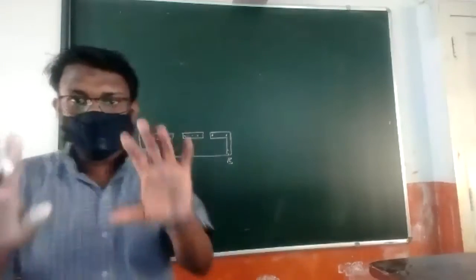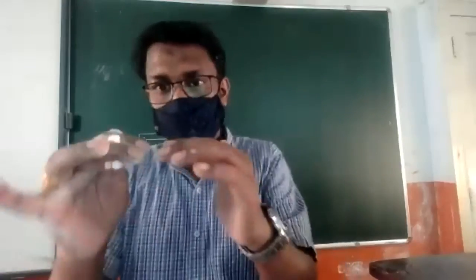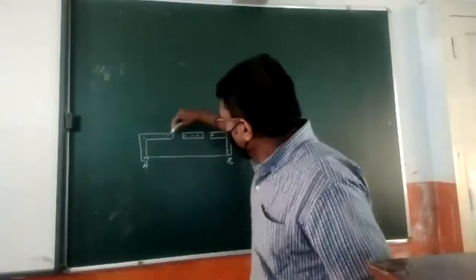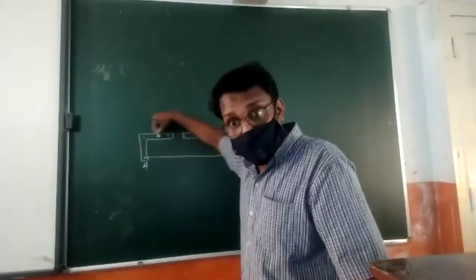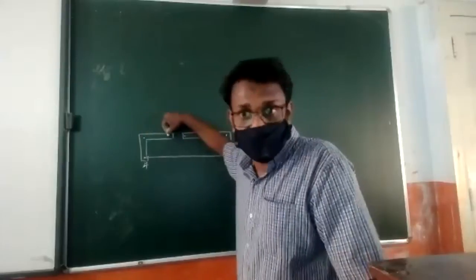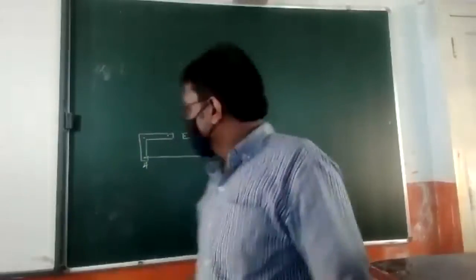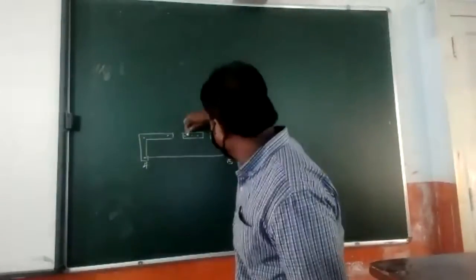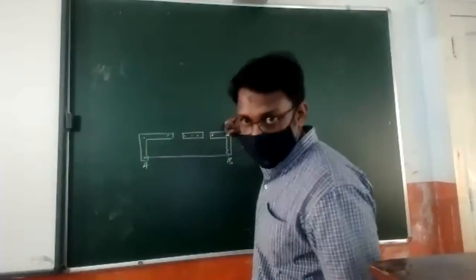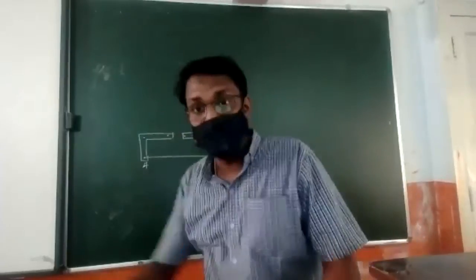See, a meter bridge consists of a wooden frame, and over the wooden frame, metal plates are connected so as to maintain electrical connection. So here a metal plate will be there, here also a metal plate will be there, here also a metal plate will be there. And these dots are denoting the points where you can make the connection.